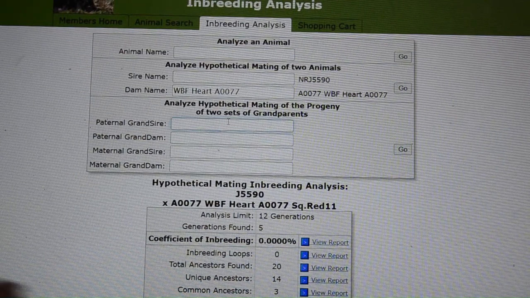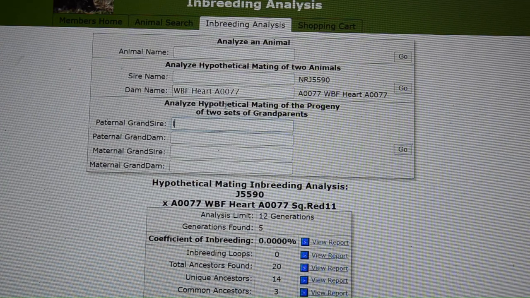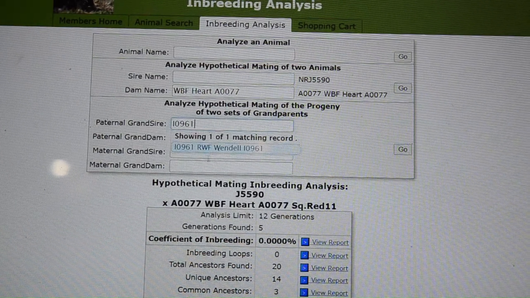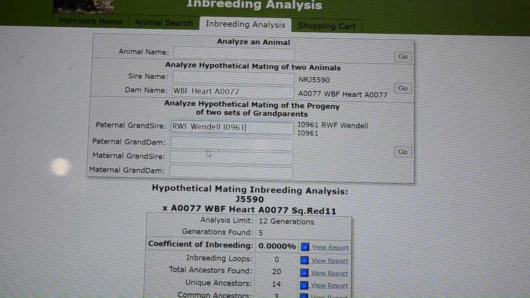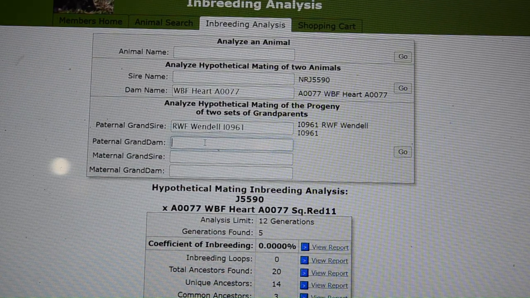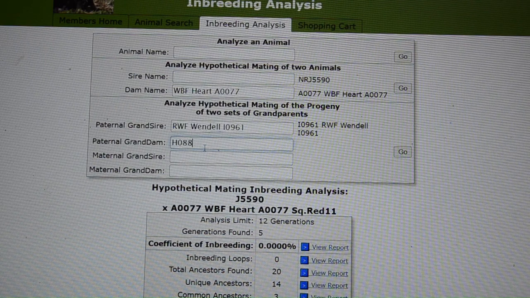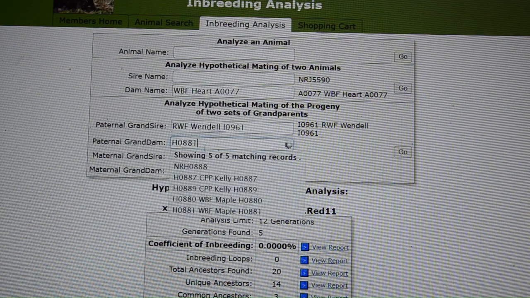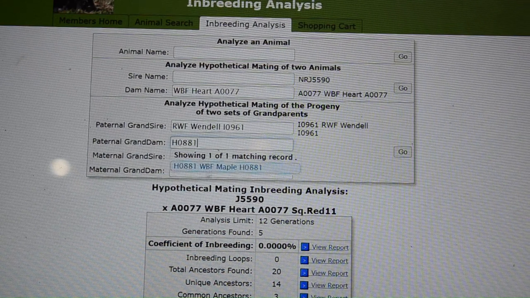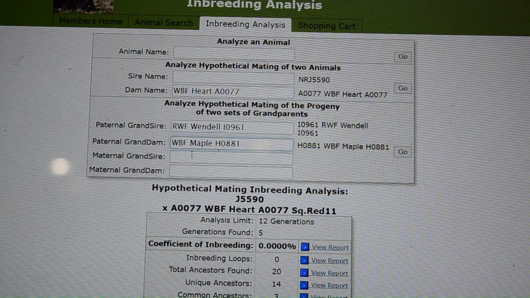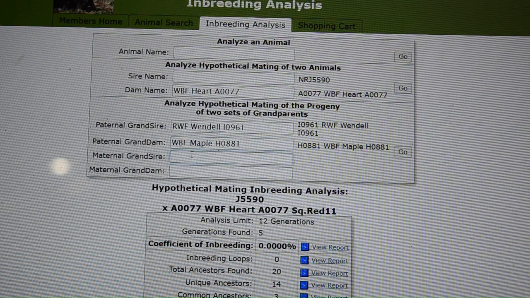And if I plug in, and I'm going to use mine again, so I'm going to pull this up, and we'll have this Wendell boar matched up with this maple sow. So if we took a boar from this pairing right here and we bred them,